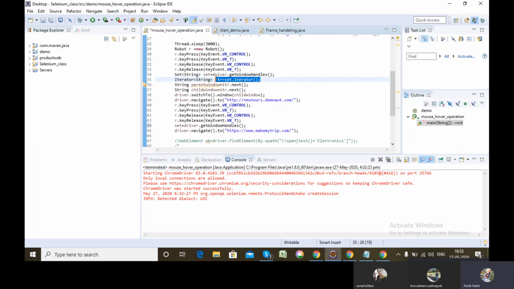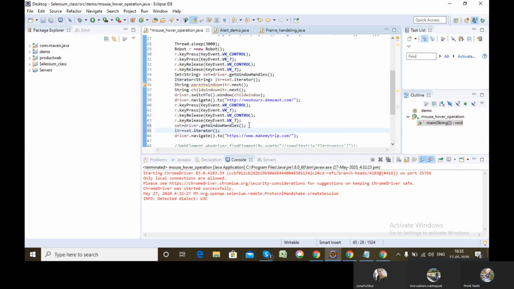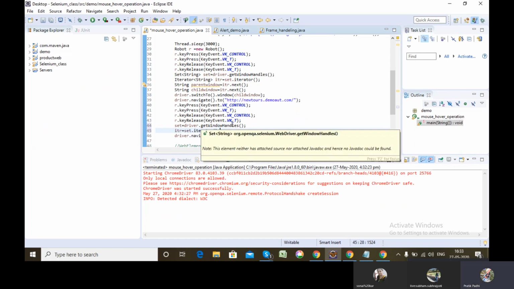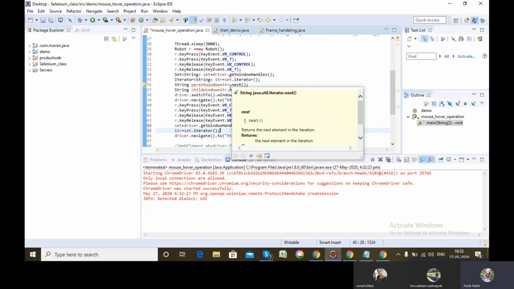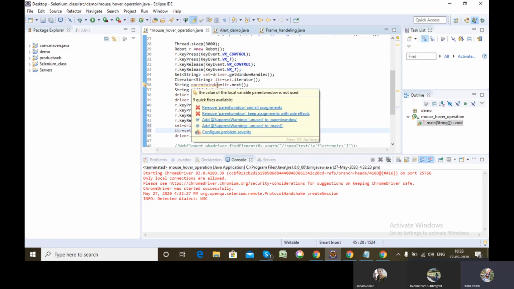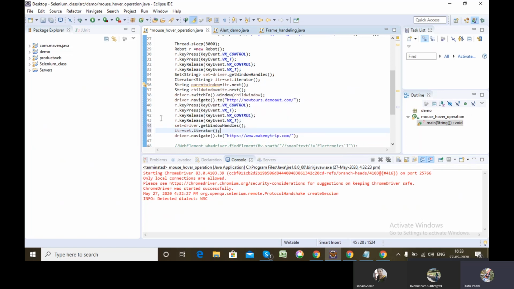I have to do, now, to traverse to the value of the new third tab which is opened. I have to do it by iterator next, but this particular value I have already derived. I don't need to again store it in a certain variable. Just to cross verify, I'm storing it so that you will be able to see that the values get stored in the sequence the tabs are opened.